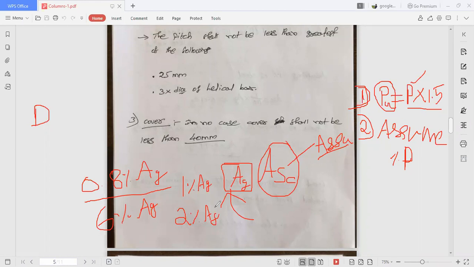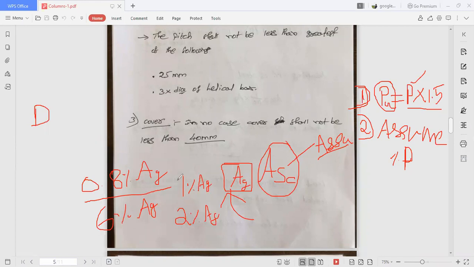అదేనా చెప్పింది. సో ఇక్కడ ఫస్ట్ కేసులో 1% అని చెప్పాం, సెకండ్ కేసులో 2% అని చెప్పాం. So what it means, if you take 2% of steel instead of 1, you will get less dimensions of concrete. Requirement of concrete will be reduced. As steel is provided more, requirement of concrete will be reduced.